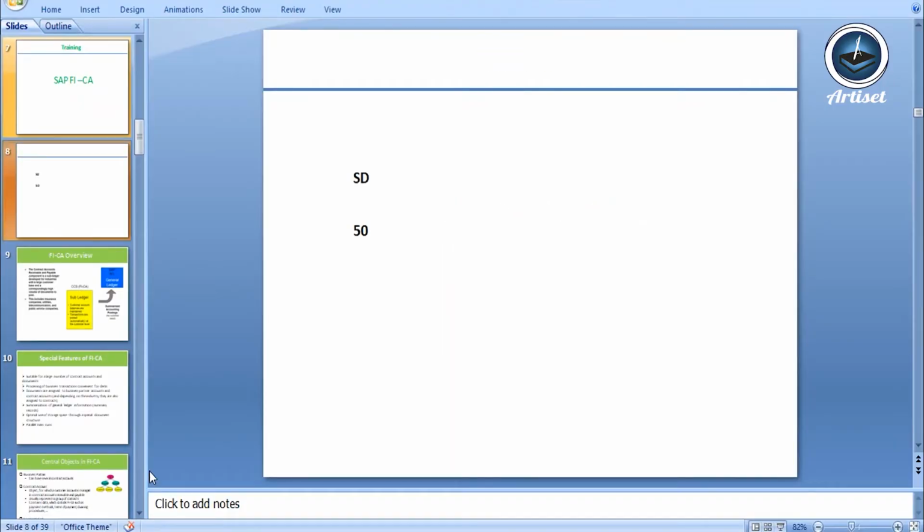Before we move into the FICA, let's talk about SD accounts receivable in FICO. So let's see how it works. Now let's take an example. We have a sales and distribution model wherein we have 50 billing documents we have created, right? So when we create the document, then the accounting entry goes to accounts receivable,